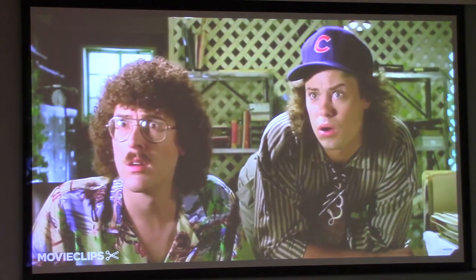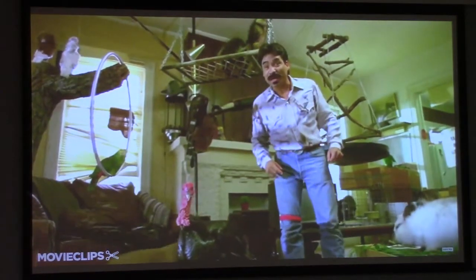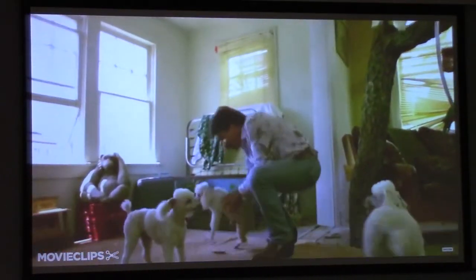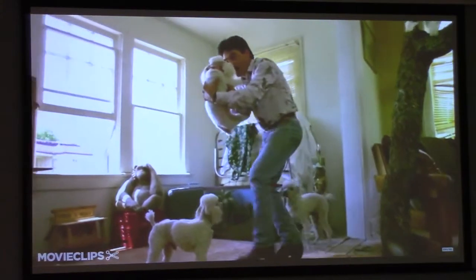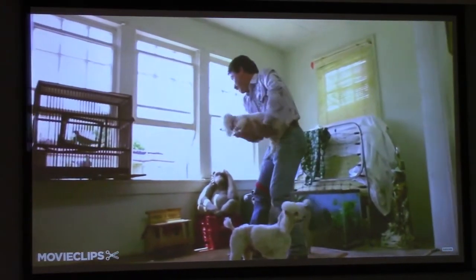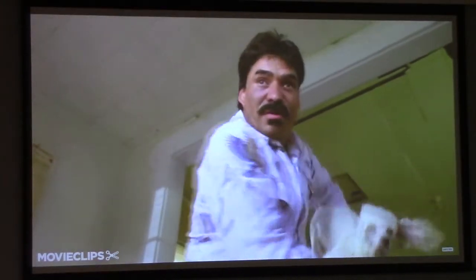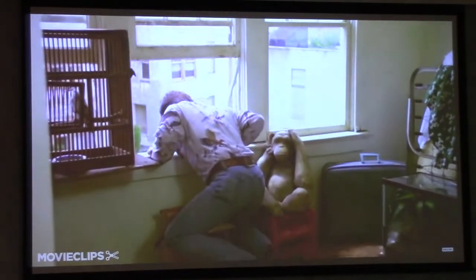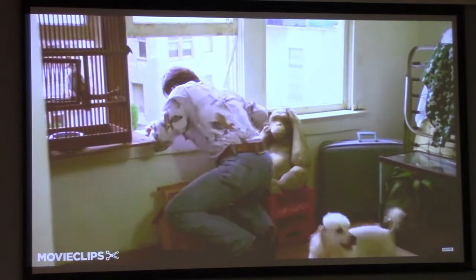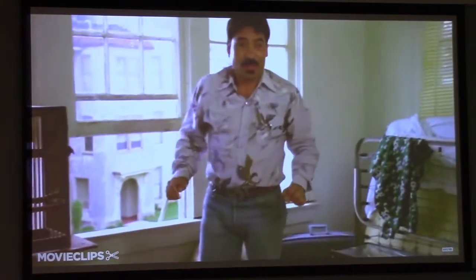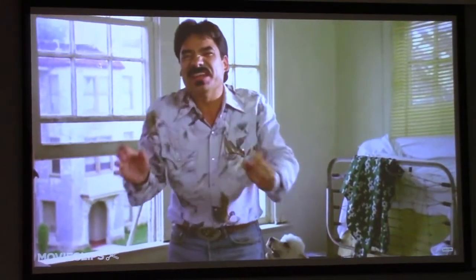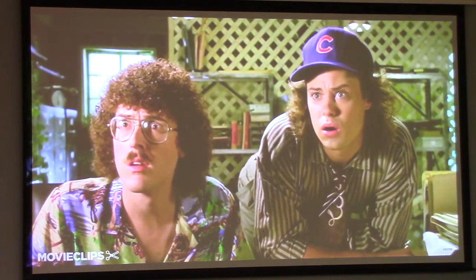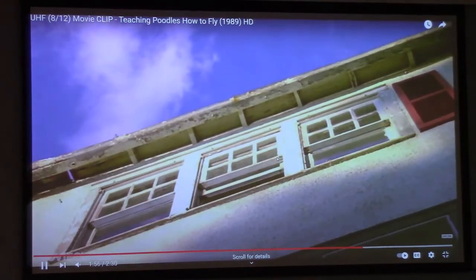For those of you just joining us, today we're teaching poodles how to fly. Come here. Are you psyched? Are you ready? Okay. Here we go. Get ready and fly! Oh, man. You know, sometimes it takes them a little longer to learn how to do it right. Okay, come on. Gigi.